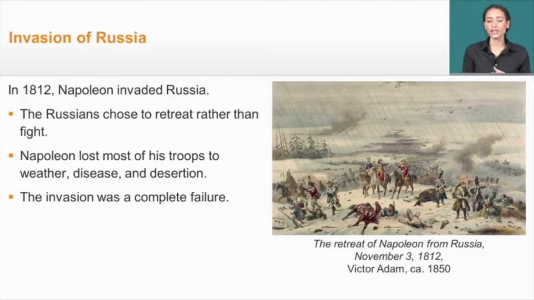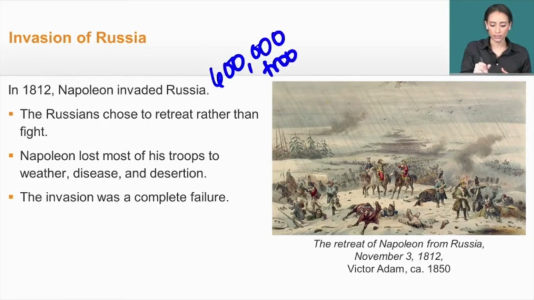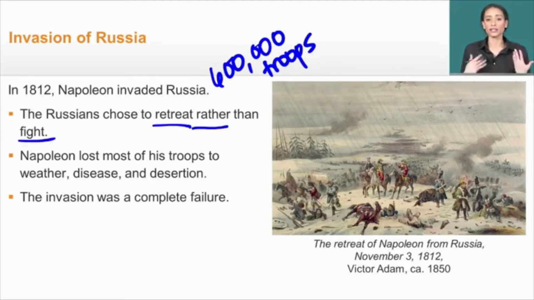Now, in the summer of 1812, Napoleon decides to invade Russia in order to confront the Russian ruler Alexander I, who was refusing to honor his alliance, or supposed alliance, with France. And so when he invades Russia that summer, he's got 600,000 French troops. Now, the Russian leaders make an interesting decision. They decide to retreat rather than fight. And as a result, they leave most of the places that Napoleon was invading completely without not only troops to fight, but also without any supplies.